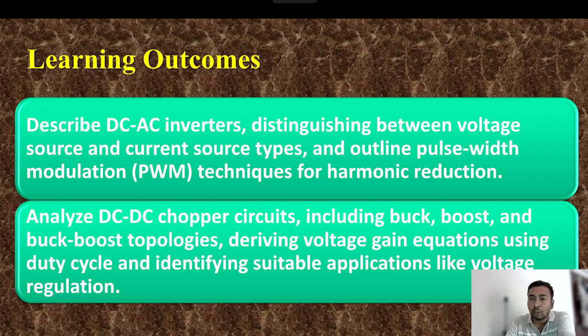Along with that, you will also come to know what the pulse width modulation techniques are and how they are useful in reducing the total harmonic distortion in the output of the AC. You will also get an idea about the DC to DC chopper circuits, which are of three types: buck, boost and buck-boost. And you will be able to derive the voltage gain equation and duty cycle, and identify suitable applications like voltage